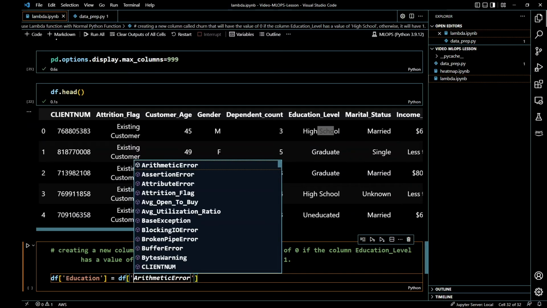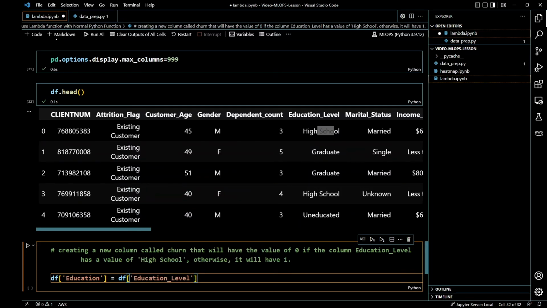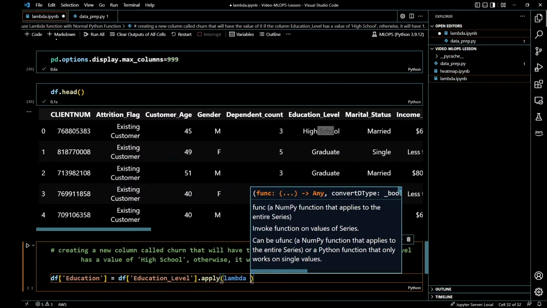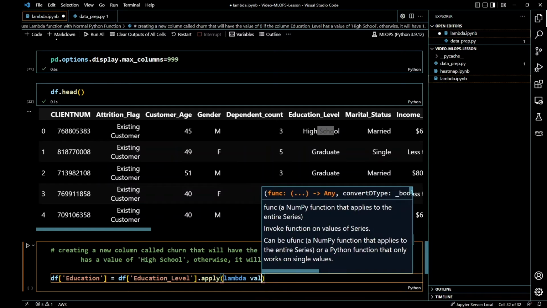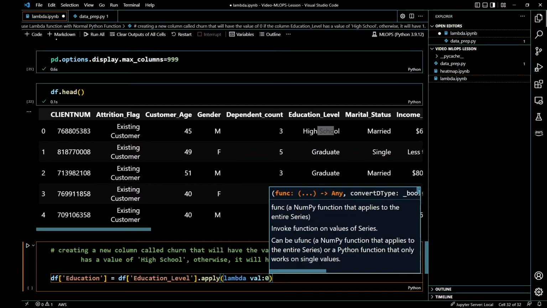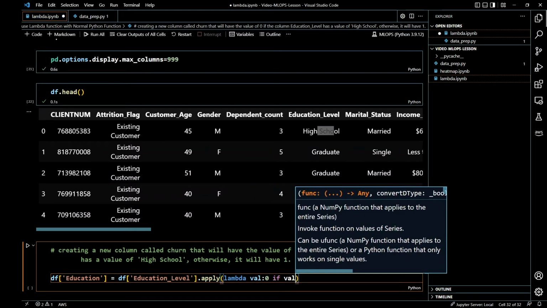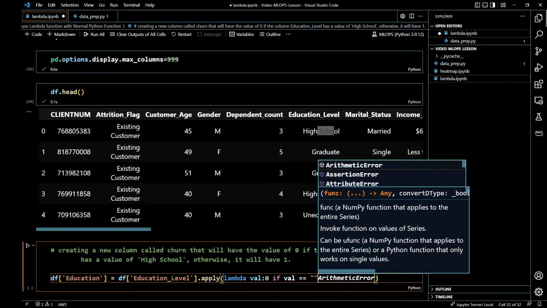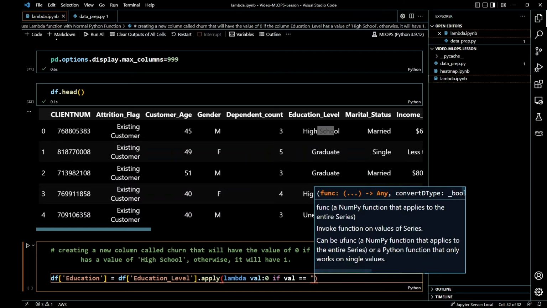I wanted to select education level, and I'm doing .apply, and then I'm doing a lambda function. So start with the lambda keyword, and I'm going to do val 0 if val is equal to high school,